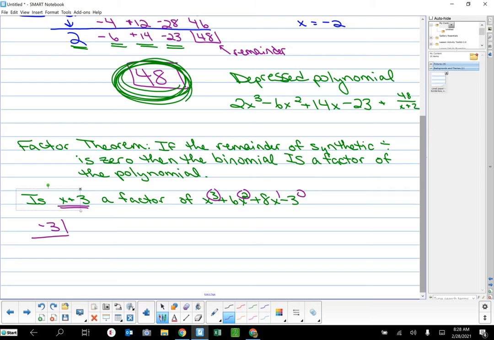So we have all of our exponents. So we have 1, 6, 8, -3. Draw a line, drop your first number, and then multiply. So -3, +3, -9, -1, +3, 0. That's your remainder. Since this is 0,